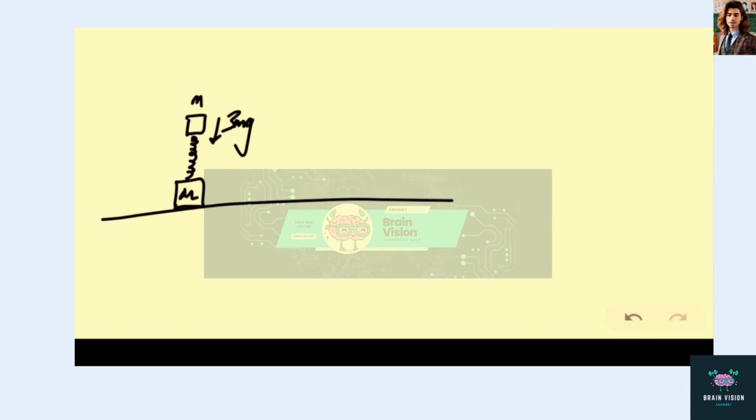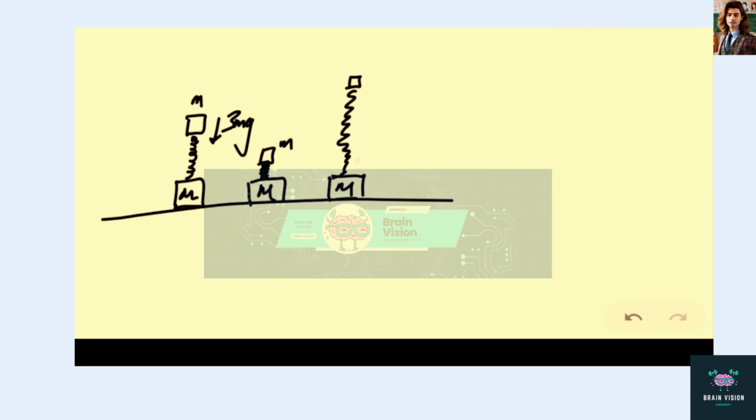Now what does this mean? It's a bit confusing, so let me break it down for you. When you compress the small m, this is the compressed state. Afterwards, when you release it, the small m will shoot upwards and it will extend the spring. Now at this extension,